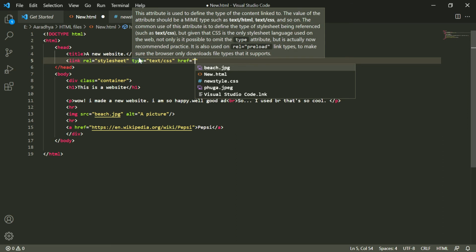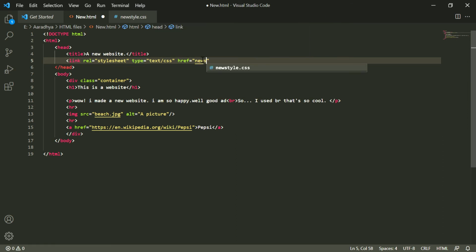Cool. And then href is equal to new style.css. So let's check. Am I right? Yeah, I'm right. So it's a self-closing tag, then Control S, and then let's check our website now. Wow, cool. So it turned into the color that I wanted,